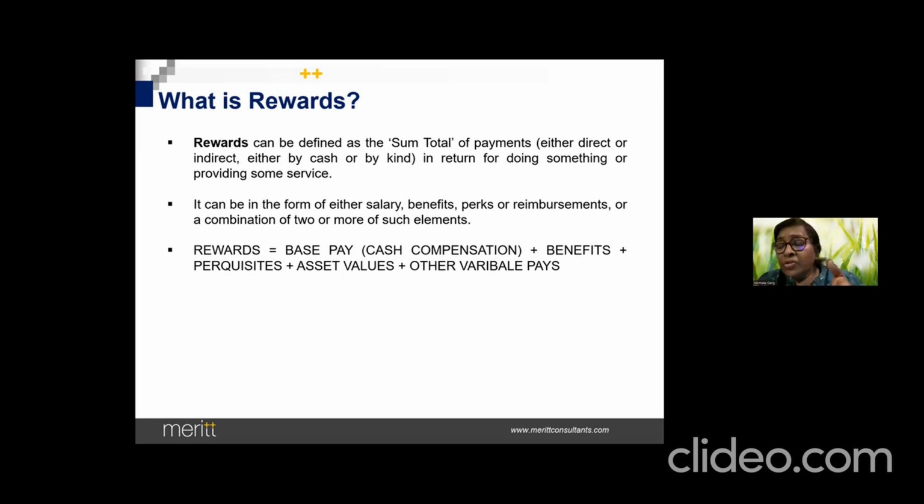Now, most of the time in organizations you talk about rewards. When we talk about rewards, what do we mean by them? We mean the sum total of both monetary and non-monetary. But you must have heard something very common these days, even for a compensation COE, you call it total rewards. Isn't that so? Today, what do you call them? Total rewards. Is there a difference between total rewards and just compensation and benefits?